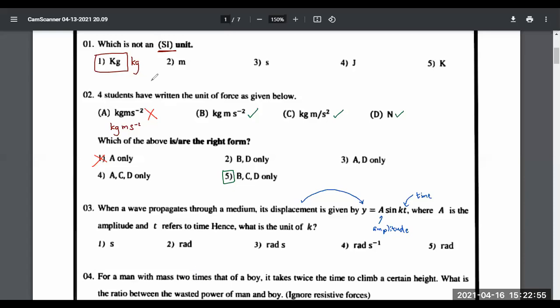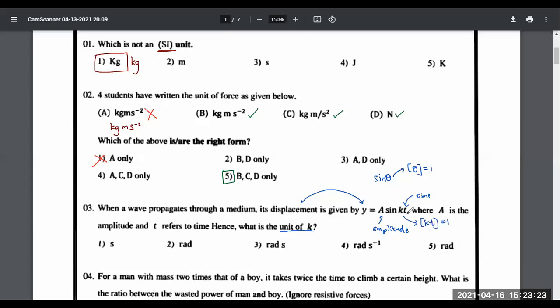You must have known, but amplitude is not a problem for us because we have sine kt. They are asking for the unit of k. Now, sine kt, that should be our focus. Whenever you have sine and inside sine something like theta, this theta is an angle. Therefore, theta should be dimensionless because it's an angle. The same way, kt should be dimensionless